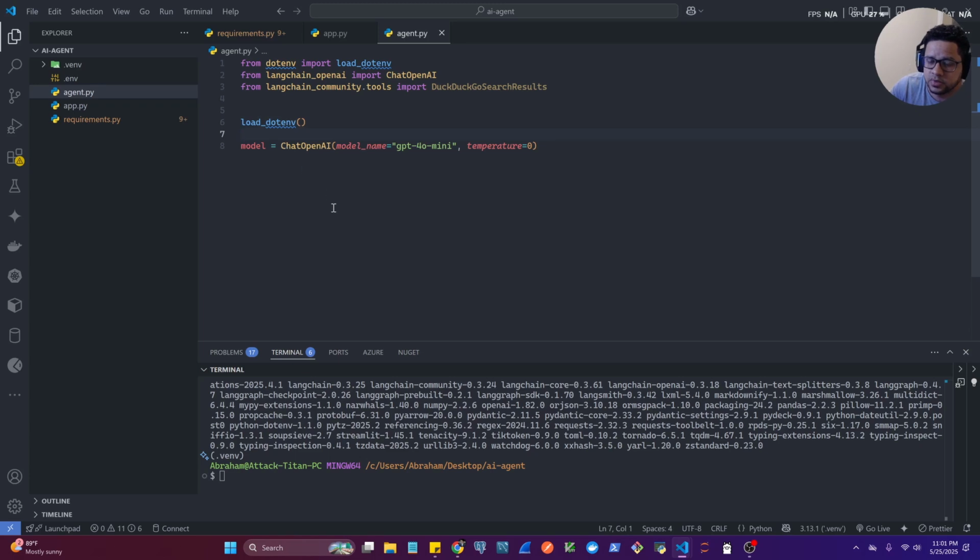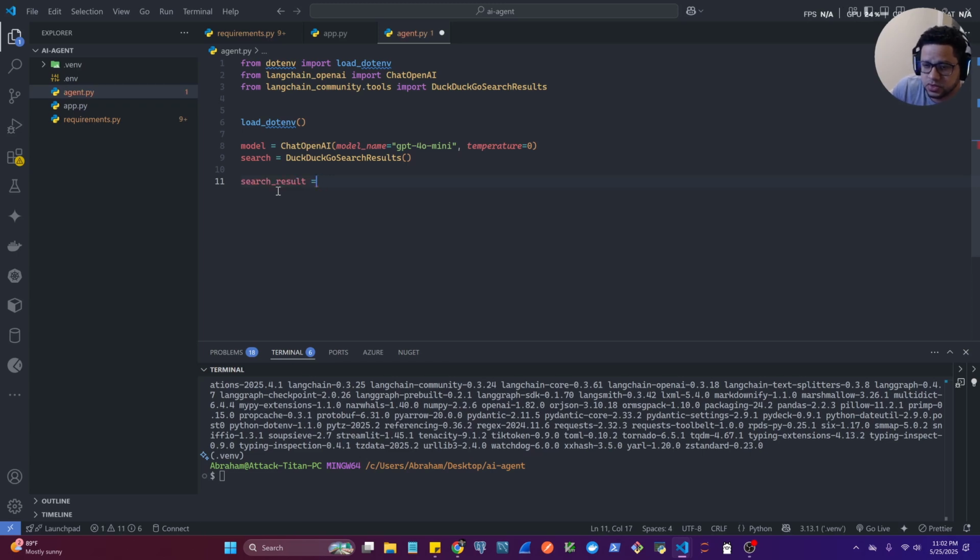So to initialize this, let's go down here. Let's just create a variable called search. We're going to set that equal to DuckDuckGoSearchResults with parentheses there. All right, cool. So let's try this out. Let's say search_results equals, and then we're going to do,